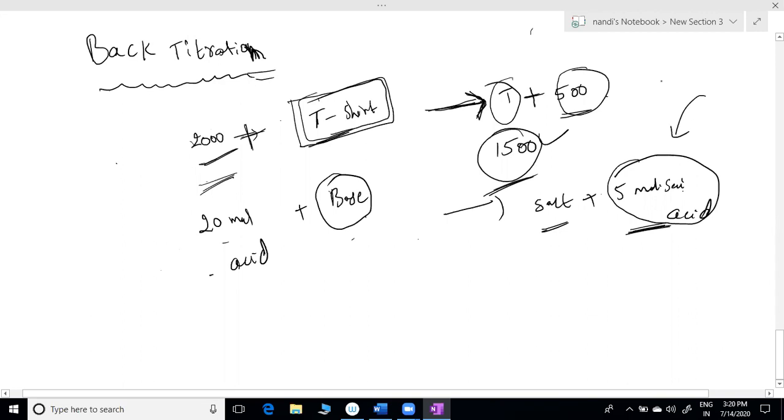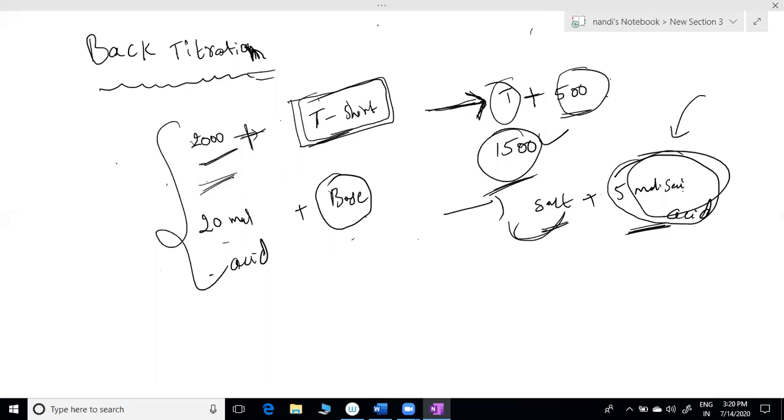We'll discuss back titration again tomorrow. Think about this one, only one small logic, sir. We're adding excess, then they will give how much is not reacted. Then you can find out how much reacted indirectly. That is the back titration. So try to find some information from your book source. Otherwise, we'll discuss tomorrow. Back titration is still not completed, just started only.